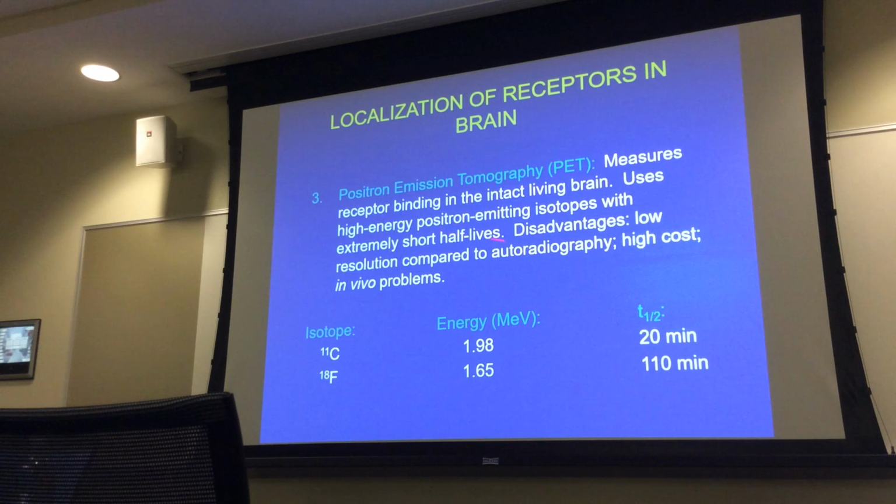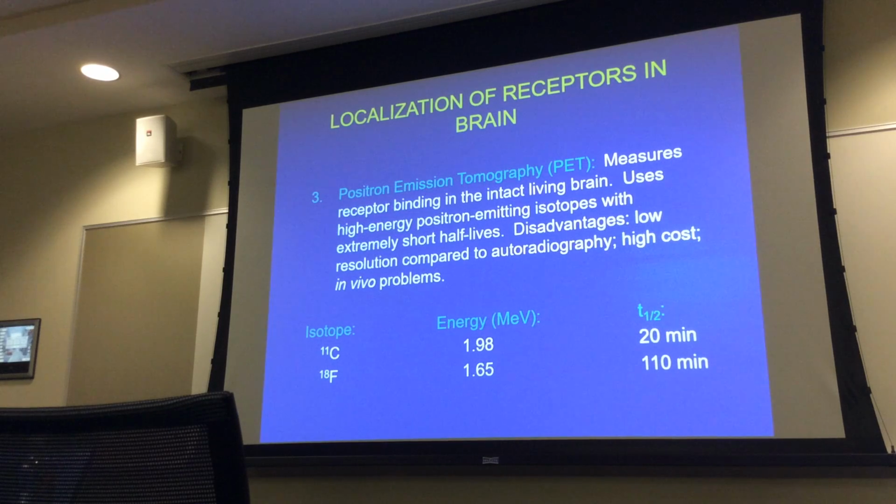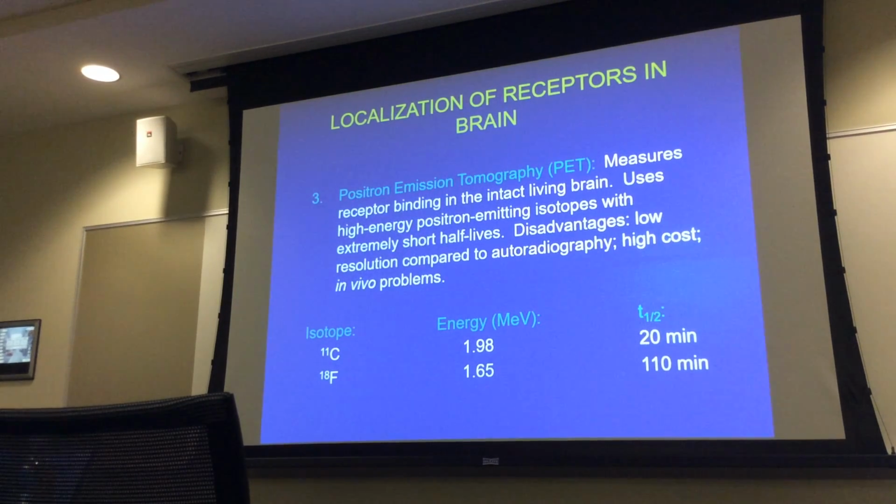It's also very expensive. You've got to have a cyclotron. You've got to have trained radiochemists. You've got to have nurses. And the scanner is very expensive, because you've got to have this scanner which can detect the radioactivity and examine what things are. So PET is not something that you use for routine sorts of things, but it is extremely useful for detecting a whole variety of things that you simply can't do by any other